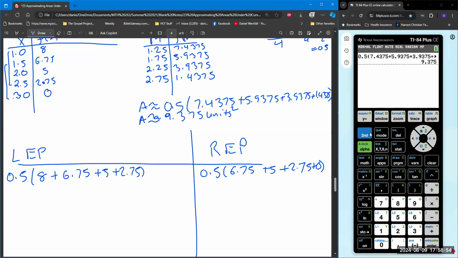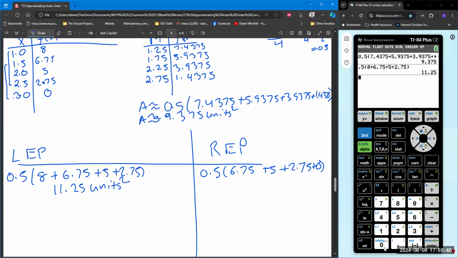Just want to make sure I got that right. Again, come over here. 1, 1.5, 2, 2.5, and 3. Yes. Okay. So we have 0.5 times 8 plus 6.75 plus 5 plus 2.75, and we get 11.25 square units,